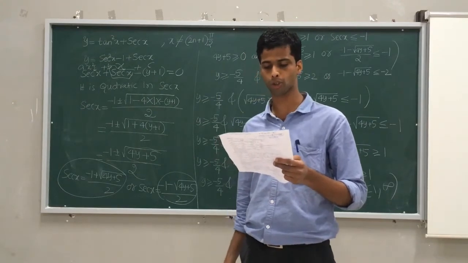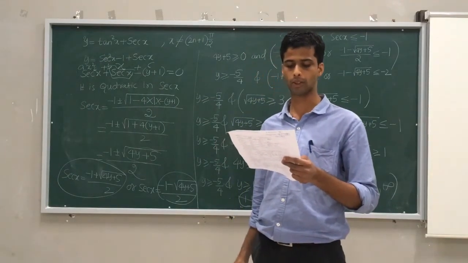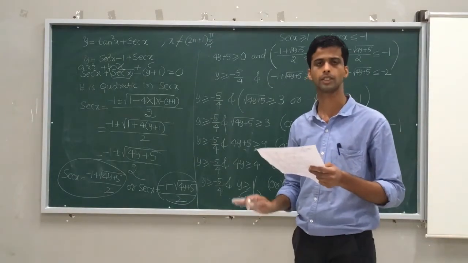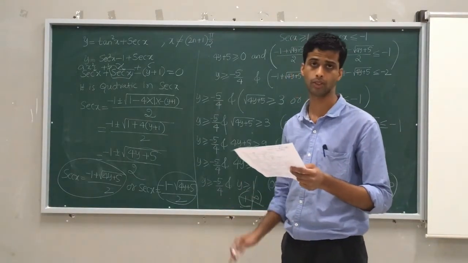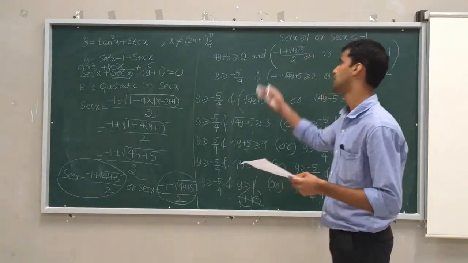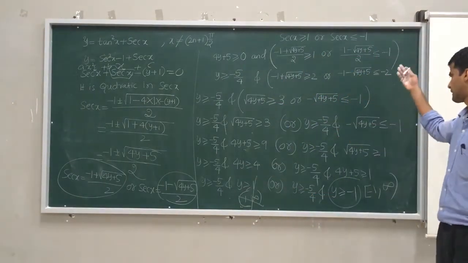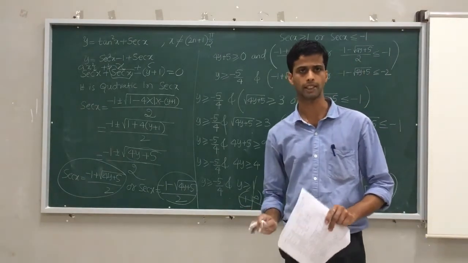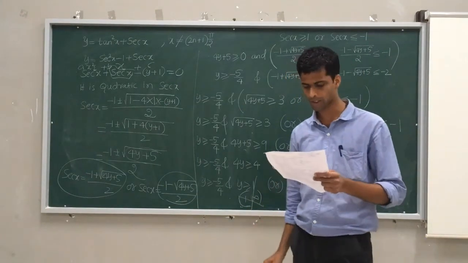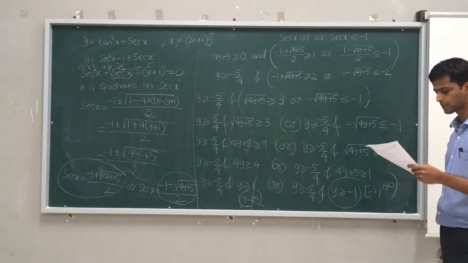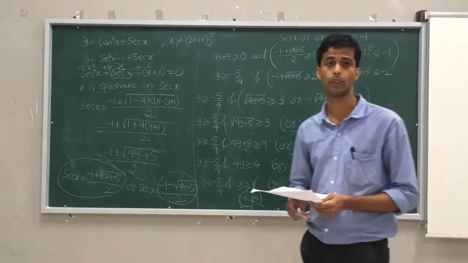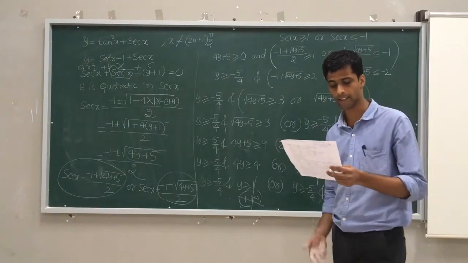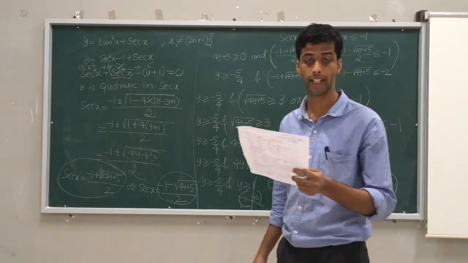That is, if y belongs to minus 1 to infinity, then tan square x plus sec x satisfies some identity or some relation, where x is not an odd multiple of pi by 2. To proceed with this, we need such a huge calculation. All you need is practice as well as an idea. Option C, that is y in minus 1 to infinity, is the right answer for this particular question. Again, this is one kind of entrance, an IIT screening test question.